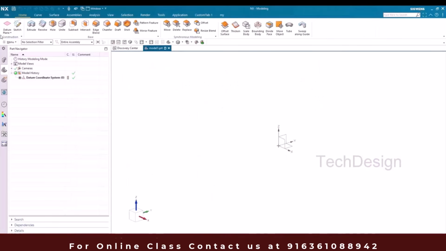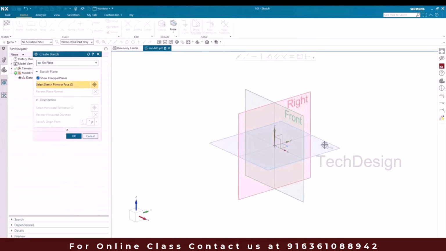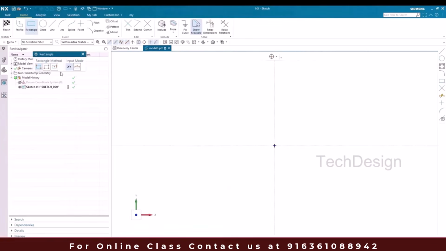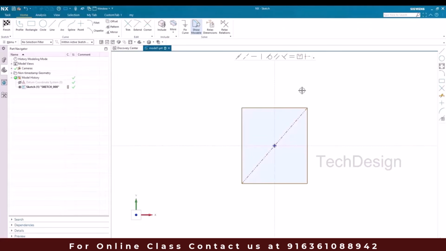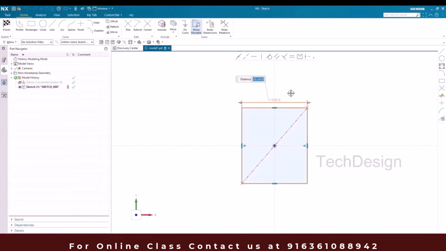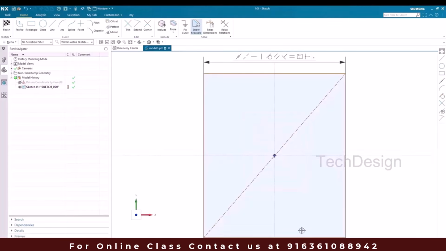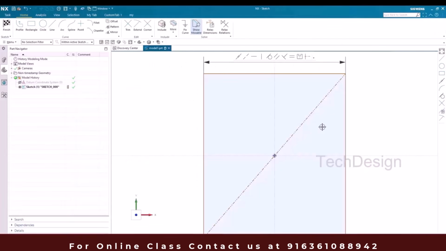Okay, I'll go to the sketcher environment, select the XY plane, which is the front plane, and click OK. Now I'll go to rectangle and select a 3-point rectangle, and let me create this rectangle. Whatever this dimension we have is 37.5. Let me fit this, and you can see 37.5, and this other dimension is 40 mm. Here it is 20, so 20 multiplied by 2,